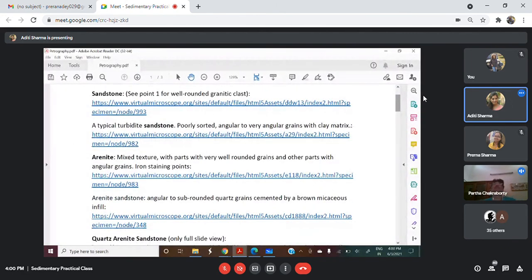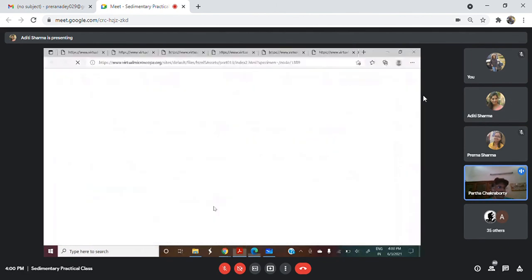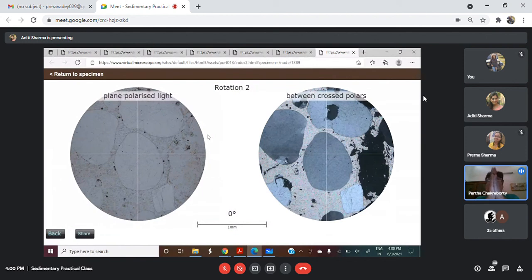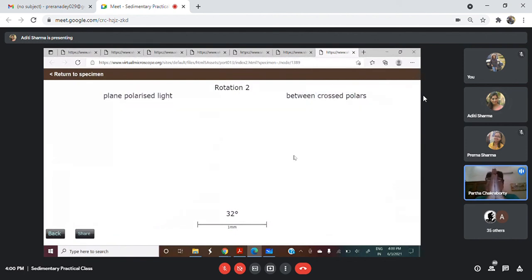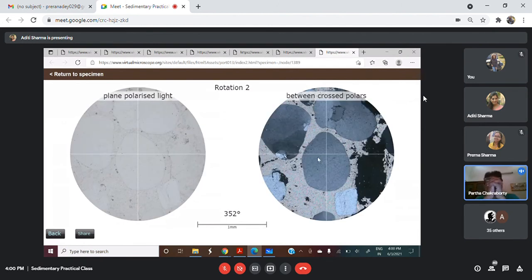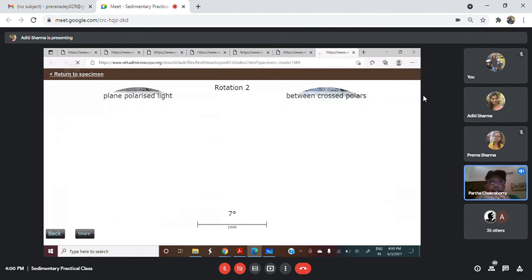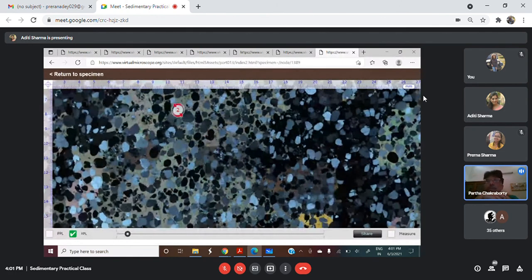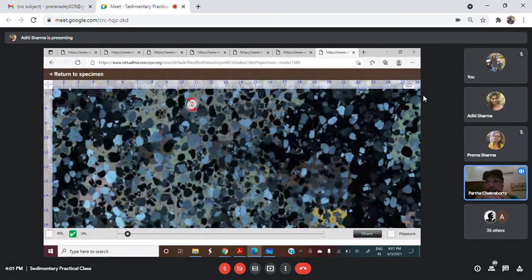So what we will do is that today we described the quartzarenite, and I also described how we basically describe a sandstone. So Aditi will upload in the Google classroom 2 pictures which may not be discussed with you. One is a plane polarized light, another is a cross polarized light. You people have to describe the 2 pictures, and that is your task. Sir, this is also quartzarenite with more of calcitic cement, I guess.